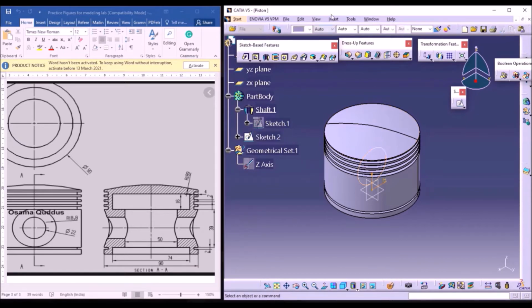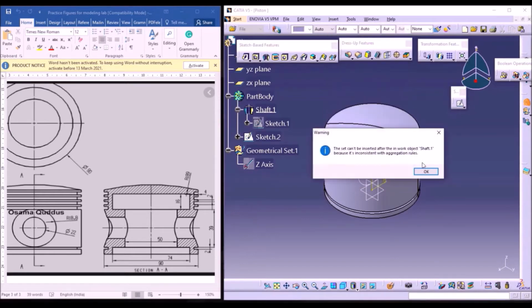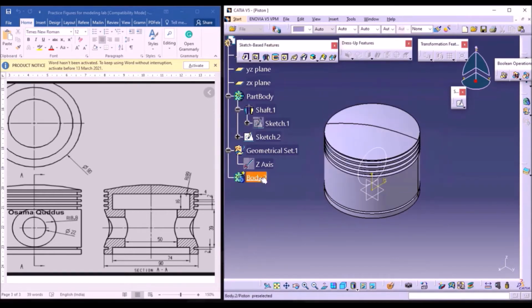So it is one part body, and to make this sketch into a part, we need to insert another part. For that, go to insert, click on body, so that a new part body is created. So new part body 2 is created. In this part body, we need to make this sketch into a 3D solid object. So for that, I am copying this sketch. Copy it and paste it in body 2, so that the sketch is placed here.